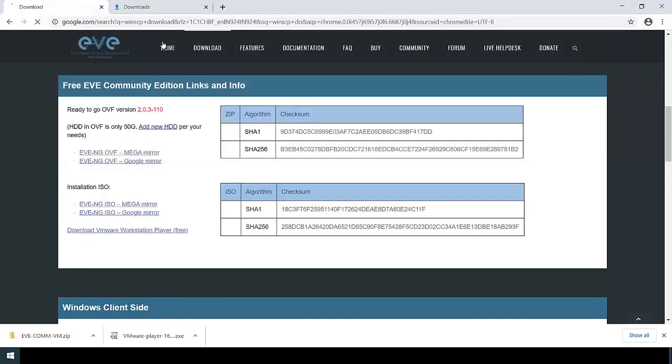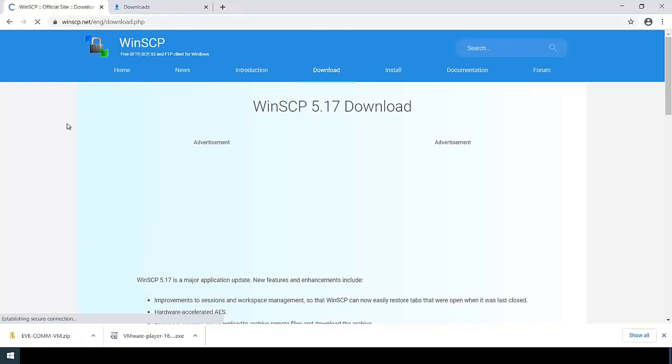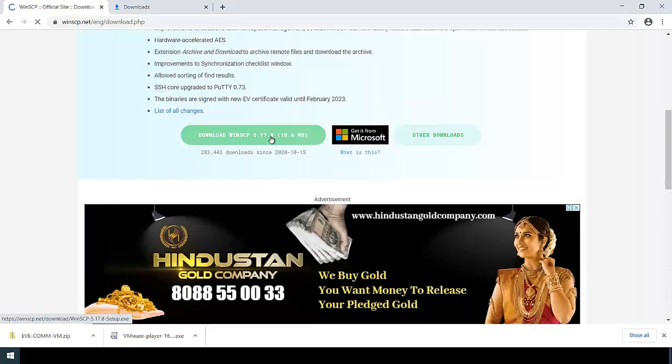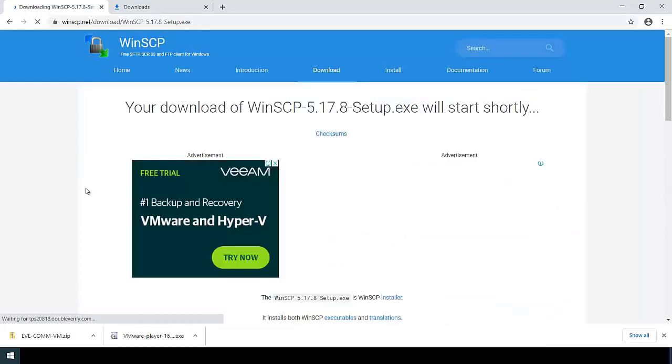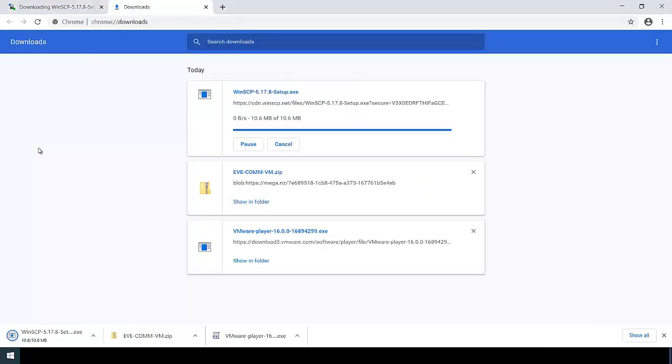Now we will download WinSCP from WinSCP official site. Okay, so our WinSCP is also downloaded. Next we will download Cisco ICE.